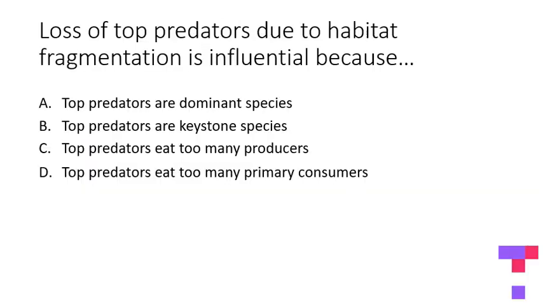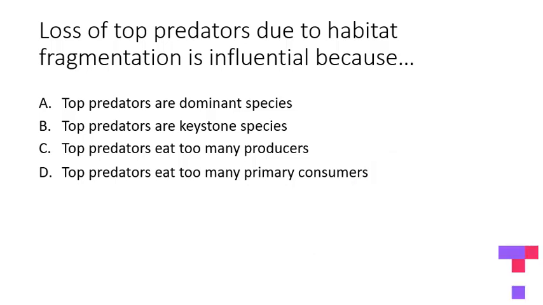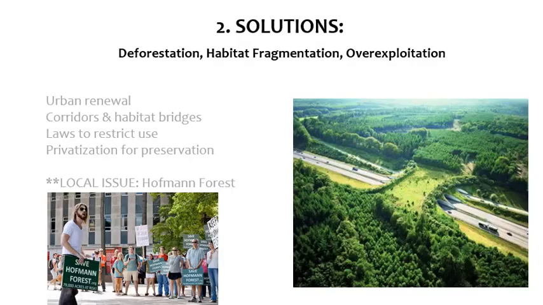The habitat impacts the predators, but the predators also impact the habitat. Why? Predators are often keystone species. They have an outsized impact on the other species in that community. If, for example, habitat fragmentation limits the number of wolves in an area, then the loss of those wolves will allow deer populations to grow, which would then decimate the plant species and could reduce the number of species that community can support overall.